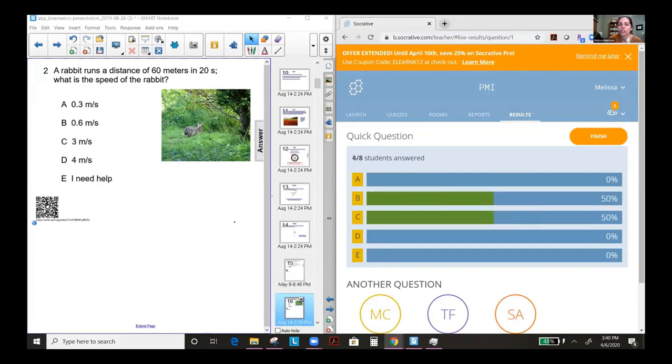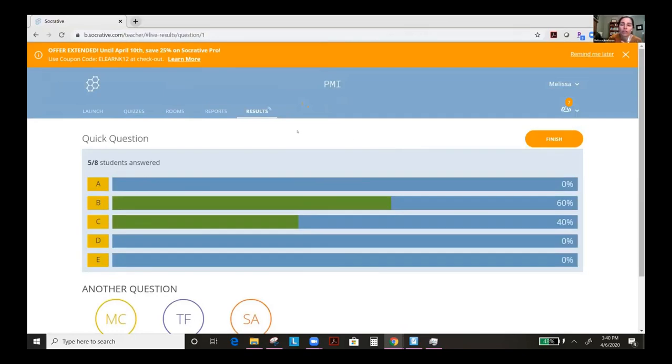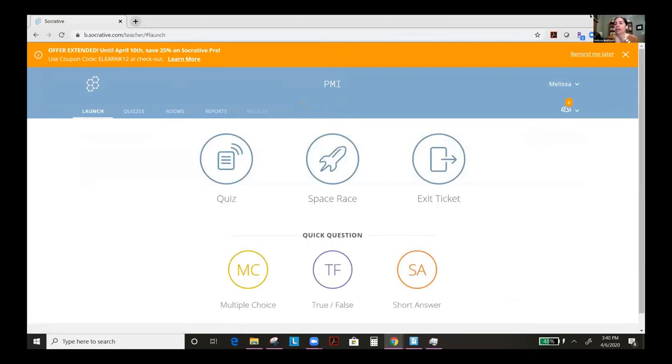You can see the downside to having this open right now is that all the students would be seeing it as a live feed. That was why my suggestion of having a second screen or even doing it on your phone would work out nicely. Now I see B and C. I could cross answers out and we would debate it and have our discussion. So it would be just like we were in the classroom. Once I'm done, I can say finish, and it takes me back to my main launch pad. There's nothing to do to prepare on your part except initially making your account